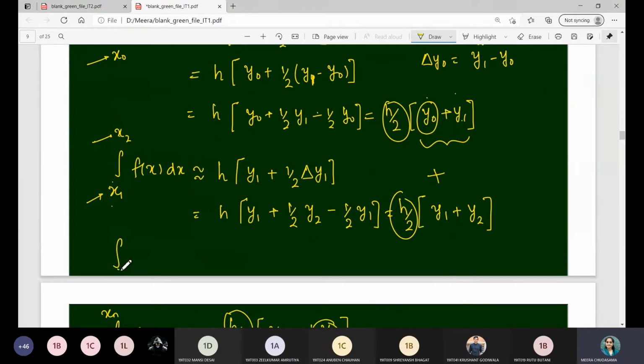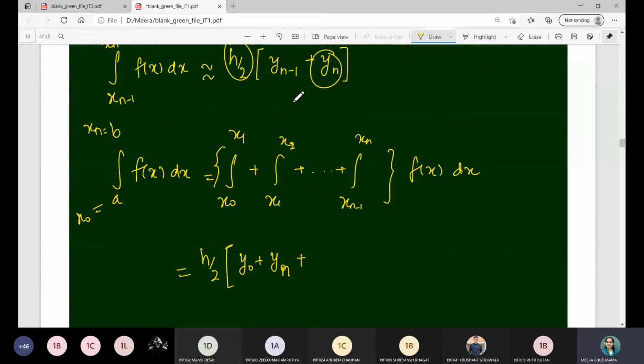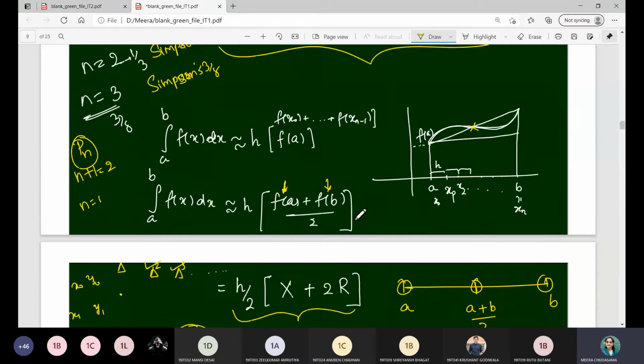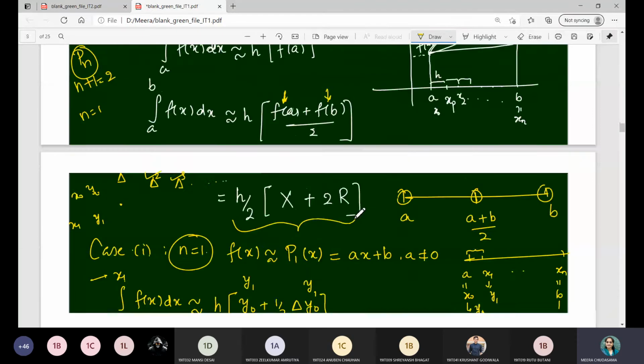When you consider the next subinterval x2 to x3, it will have the answer y2 plus y3. So you can see that y2 occurred twice. Similarly, y3 occurred twice. The last expression yn minus 1 will also occur twice. So here it is y1 plus y2 plus up to, where will it go, it will go up to the second last term. So this is nothing but h by 2, in our notation, sum of extreme values plus twice sum of remaining values, which is nothing but the trapezoidal rule we have derived yesterday.